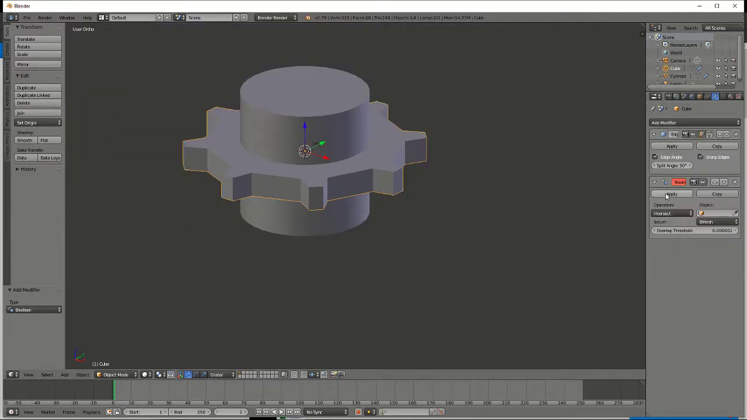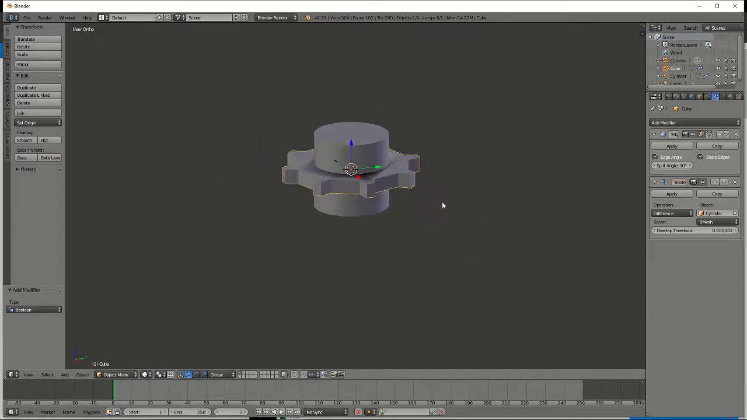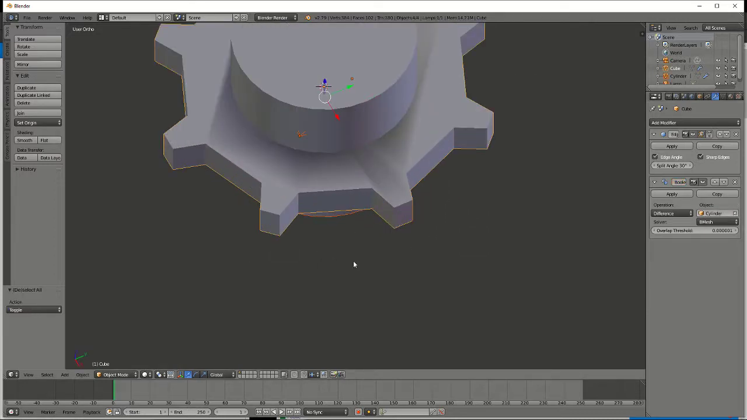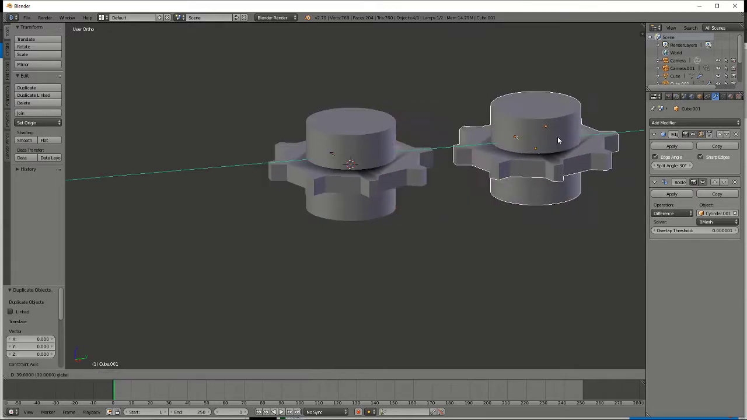Yeah, boolean difference. Select the object. That's what I'm talking about with the error. Copy and